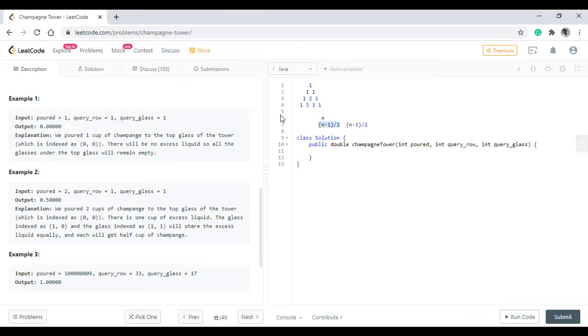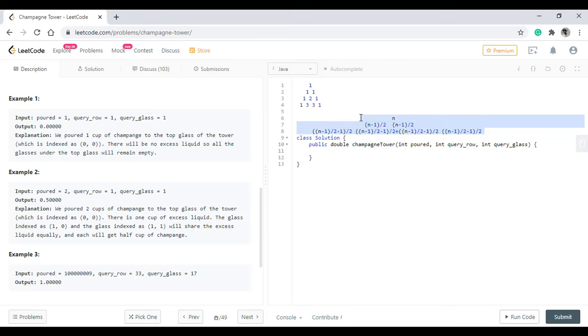Now from this value it will again be (n-1)/2 and so on. In the middle row we will add these, and the same will be this, and at the right hand side it will be this. So if we see this, this will in turn create a Pascal's triangle as well.